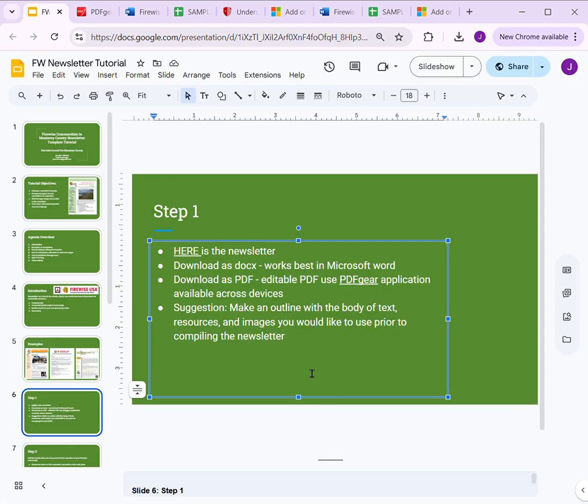As a suggestion, prior to editing the template, make an outline with the body of text, resources, and images you would like to use prior to compiling the newsletter.